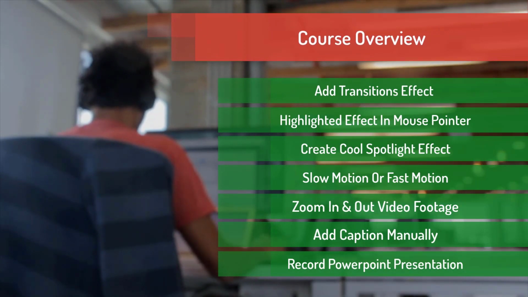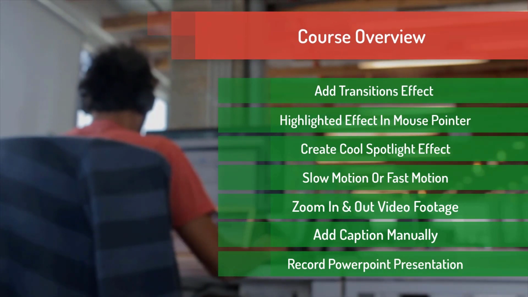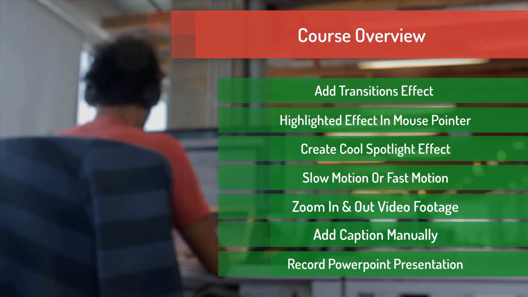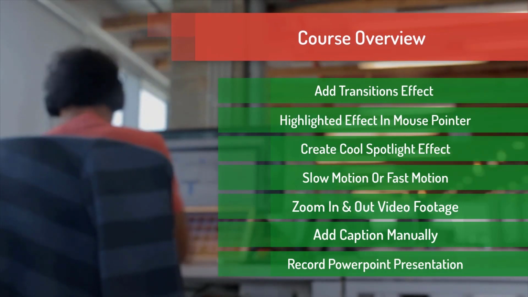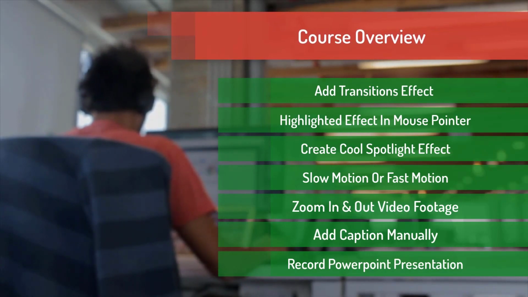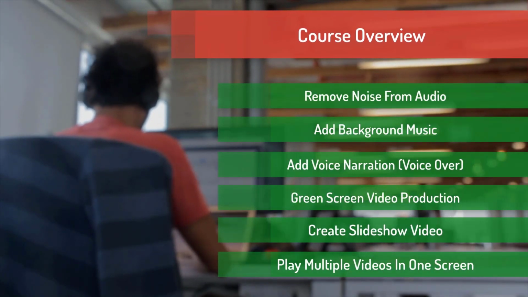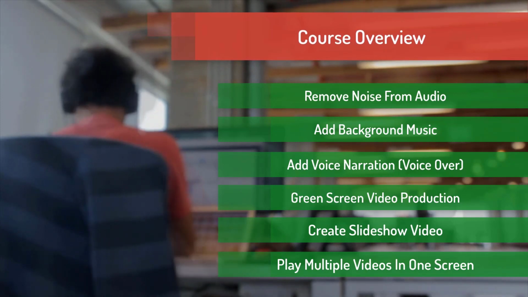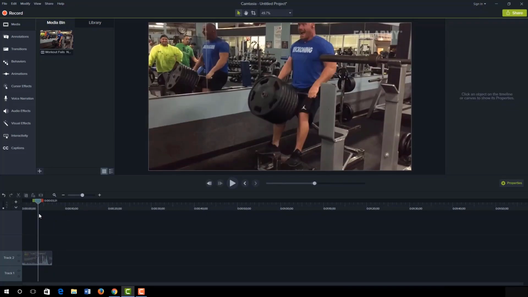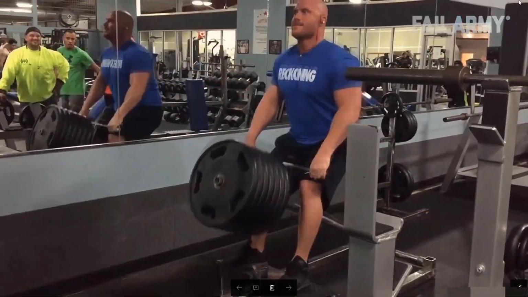highlighted effect in mouse pointer, create super cool spotlight effect in your video, adding slow motion or fast motion effect in your video, zoom in and zoom out your video footage, adding captions manually in any type of video, recording Microsoft PowerPoint slideshow presentation, removing noise from your audio clip, adding custom background music to any of your videos, adding voice narration. In our advanced video editing section, we will learn how to make a GIF inside Camtasia, how to